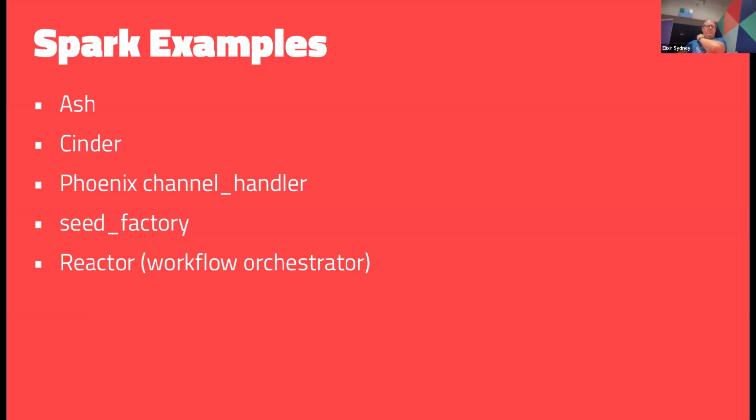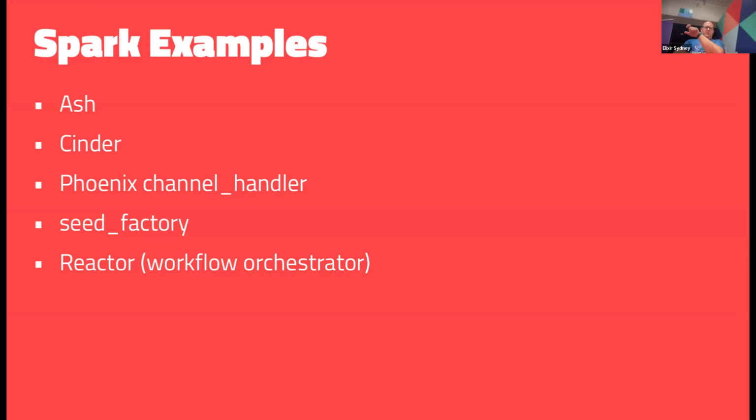Seed Factory, and James also wrote a thing called Smokestack. They're both like fixture creators in the style of Ex Machina and Co. for creating seeds for your app. Seed Factory, I think, is just specific to Ecto. Smokestack is Ash resource aware, so it will basically use all of your declarations around your resources in Ash to generate fixtures for you. It's kind of cool.